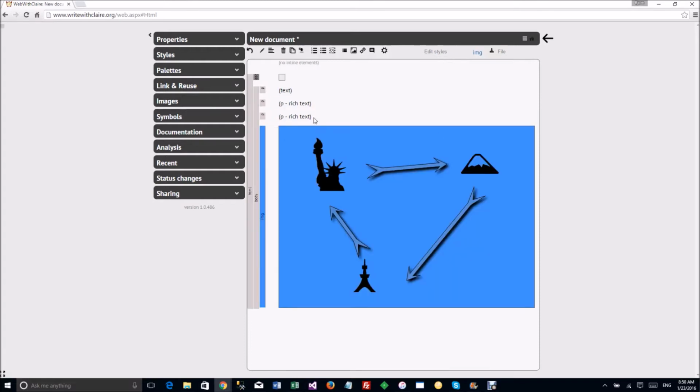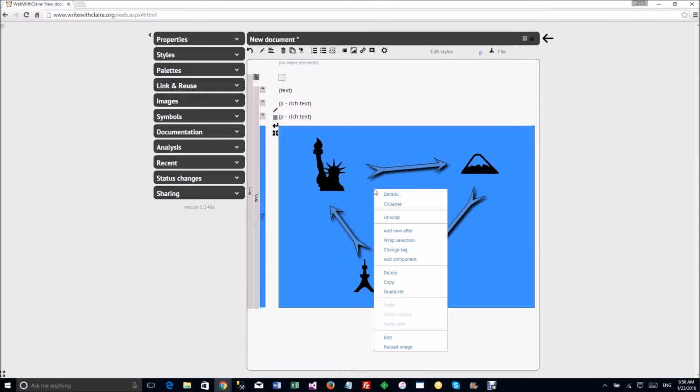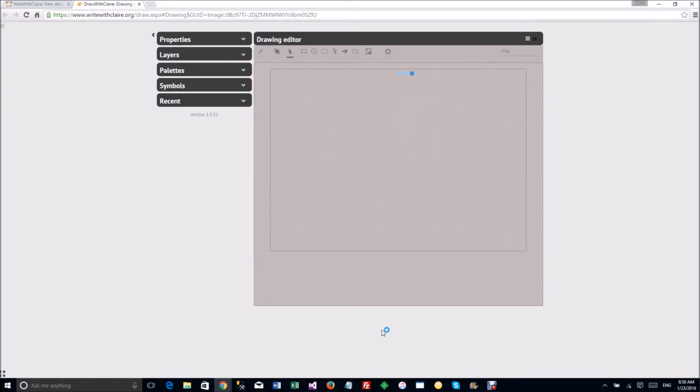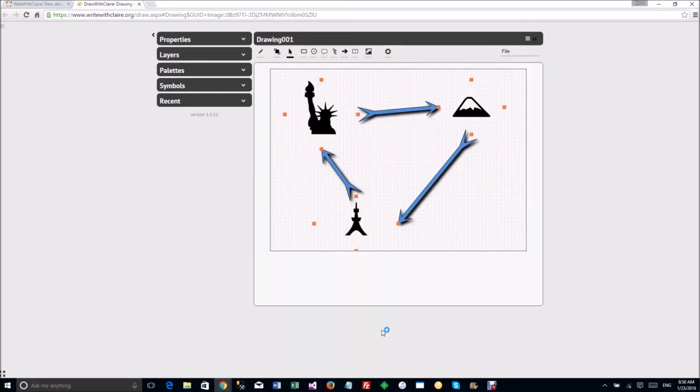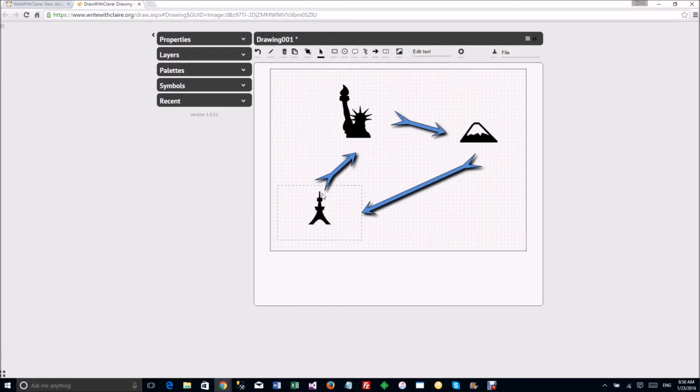If I have an image like this, and if it's created as an SVG, I can right click and I can edit it. It's going to open up a new tab in the browser, and it's going to go to the WriteWithClaire SVG editor. And here it is, and let's go and change. Let's see, I can move things around here. As you see, the arrows follow because they are connected. Let's go and change these three arrows